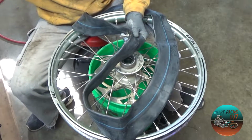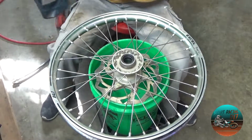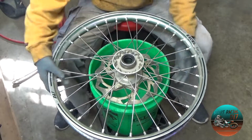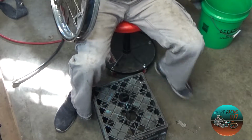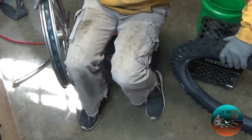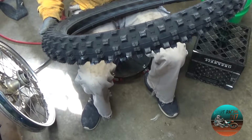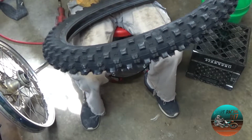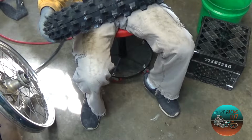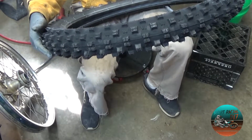There we go. Valve core is out. And there we go. All right. So I'm going to try to keep everything in focus on the camera. Also, check to see if your tire is directional. Some are, some aren't. I would not buy a directional dirt bike tire. That way, worst case, you're on a budget and you need to flip it, you can flip it without having